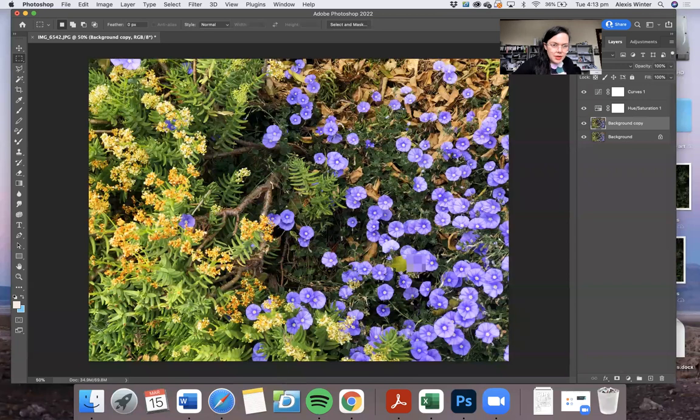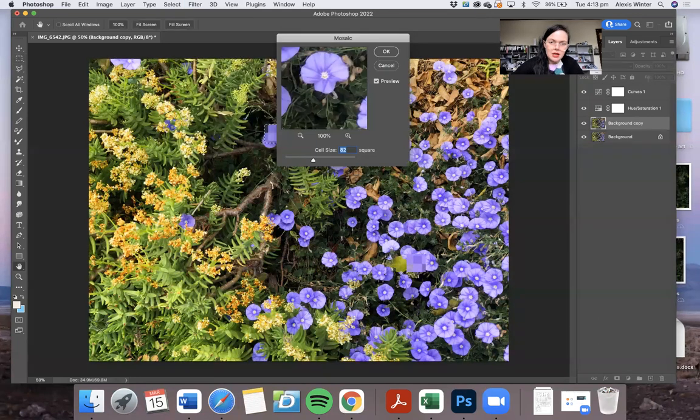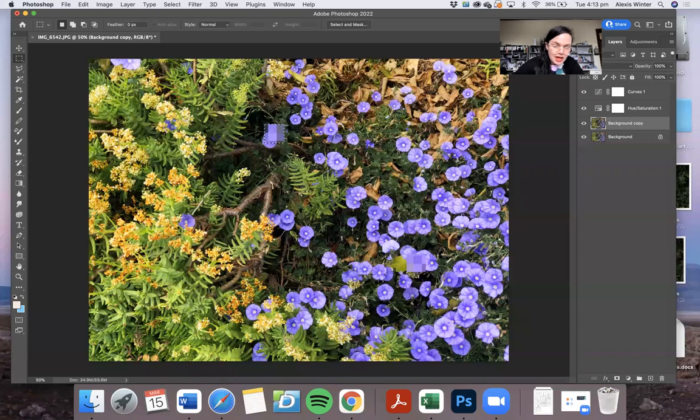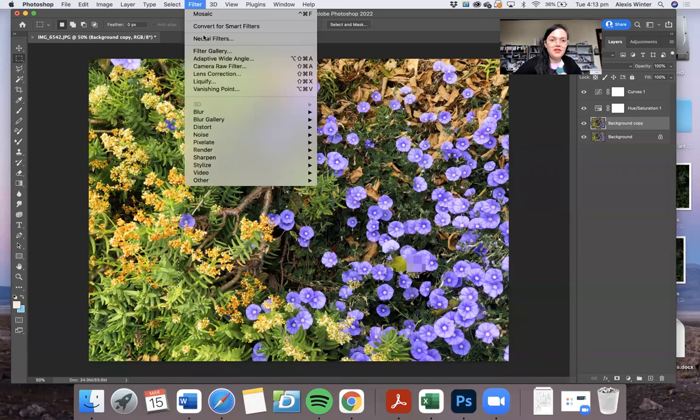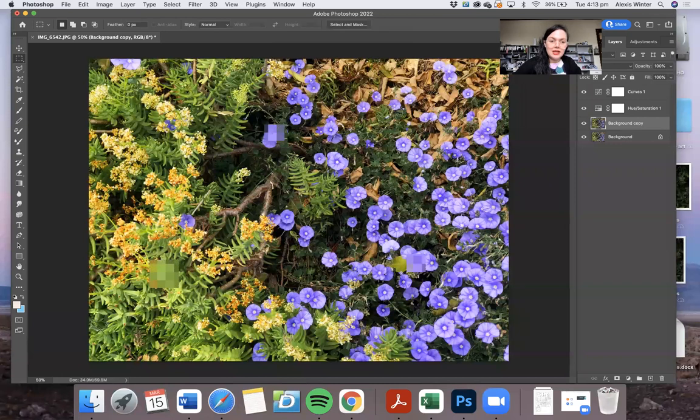And then I might also pick another flower, maybe up here. I'm going to do it again. So filter, pixelate, and then it was mosaic. I'm going to hit OK again. And then I'm going to select a little green area down here. And I'm going to go filter, pixelate, mosaic. And so now if I click off that, you can see that there's this image of these flowers